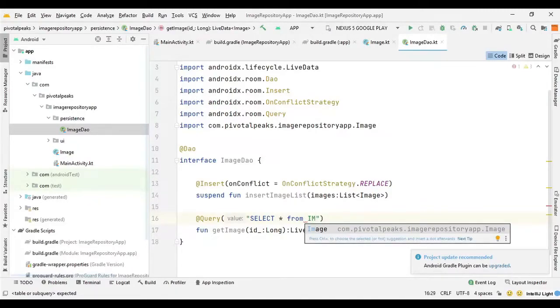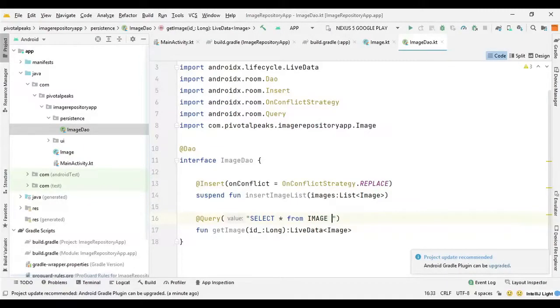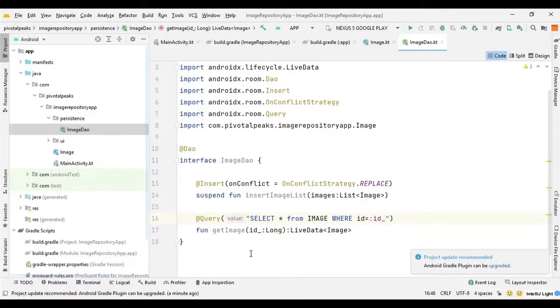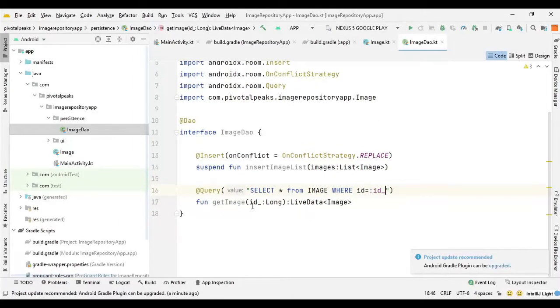So we can say image where id equals, and we need to pass colon id, and it's already showing there the variable we created here. So that was the function or query to select a single image from the repository.